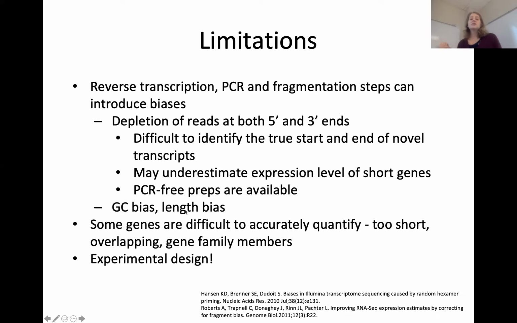And some genes are just difficult to accurately quantify. They're too short. Maybe they overlap. If you've got a gene on the positive strand and the negative strand that actually overlap, it can be difficult to assign the read back to the correct gene. Or you have gene family members that are 95% similar in sequence. It can be very difficult to figure out, I'm looking at a piece of an RNA transcript, did it come from gene A or gene B? It can be difficult. And finally, another thing you have to really look out for is experimental design. And I have a whole PowerPoint on that tomorrow. But combating some of these limitations really involves really good experimental